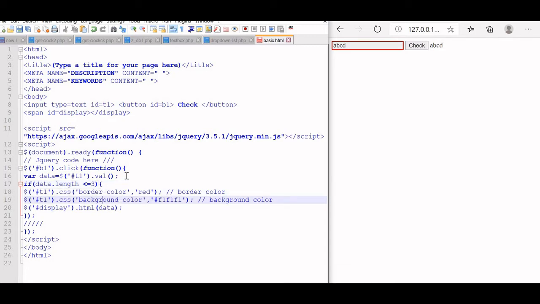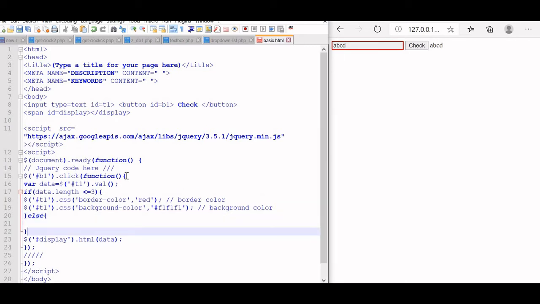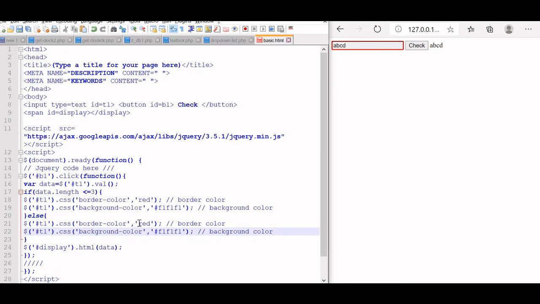Then what happens is we are giving these two here, else. Let us come to here. Now we'll copy this and paste it here. Now this will make it red. Okay, this will make it red and a light color. This we are keeping green because that shows that the length is fine, and for background color let us change it to white. Okay, fine. Let us check this.